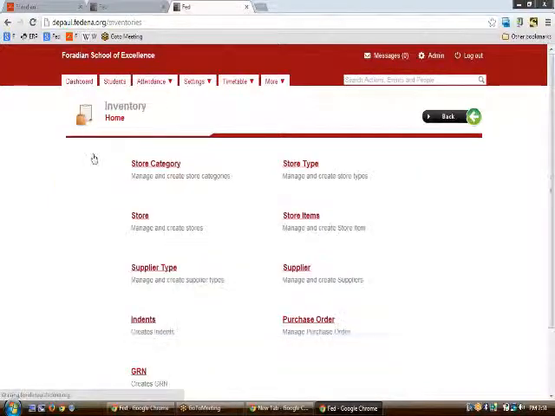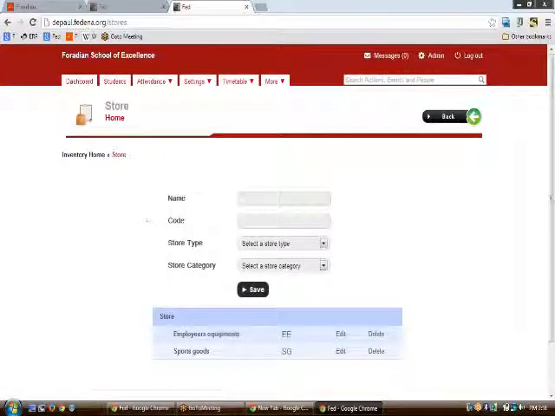Now having created this sports store type, we need to create and manage a store. We need to name our store something like the sports good, and select under which type or which category it might come.